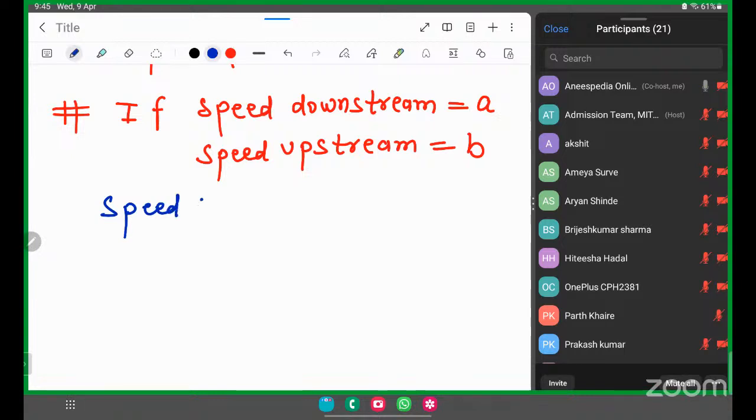So speed in still water will be half of a plus b,